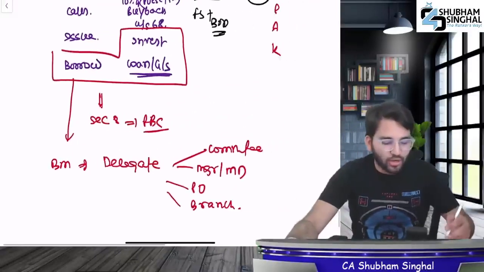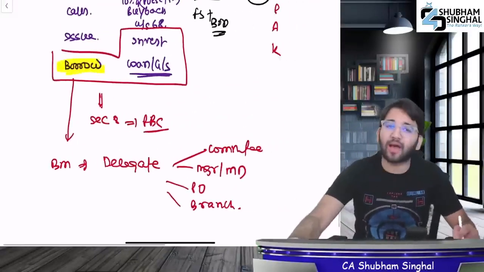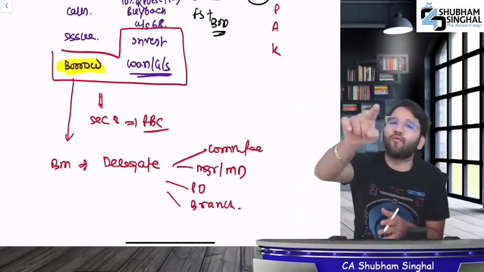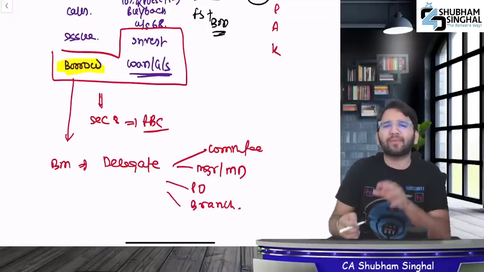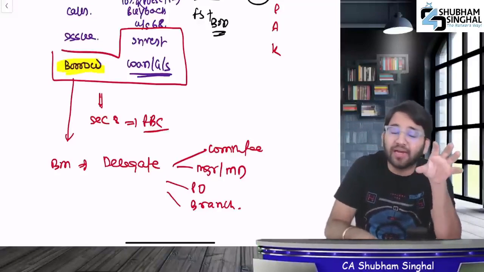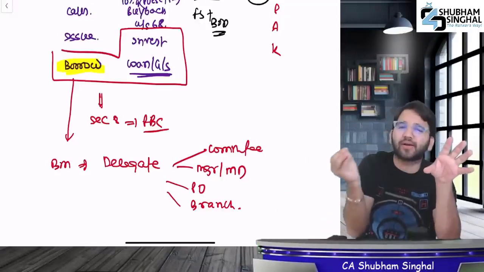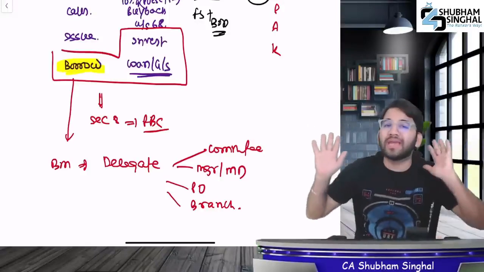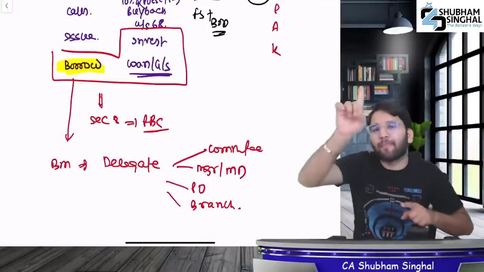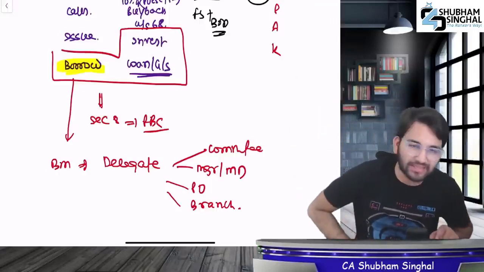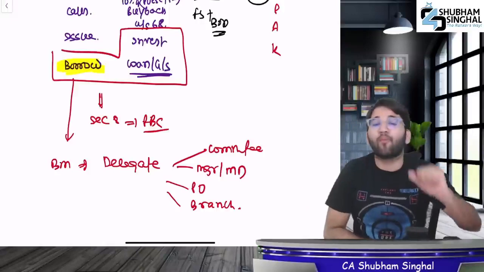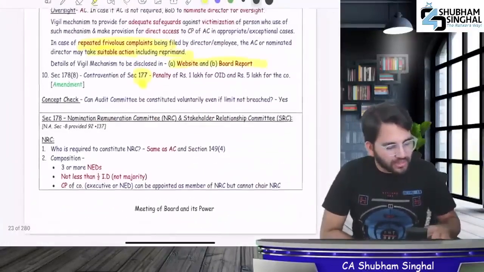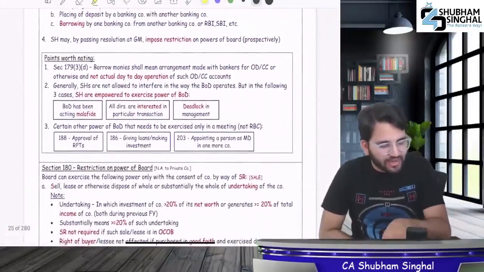And one important point to keep in mind is, when we use borrow, what does it mean? When considering the OD/CC limit for the first time, or when that limit is increased, we call it borrowing. When you get approval for an OD/CC limit of 100 crore rupees, out of 100 you took out 1 crore, put in 2 crore and took out 5 crores. Doing this kind of transaction won't be considered borrowing. When you are getting the primary approval, only then you will need approval for this in the board meeting. Otherwise, you will not need the board's approval. Okay? Are you understanding? We are reading section 179.